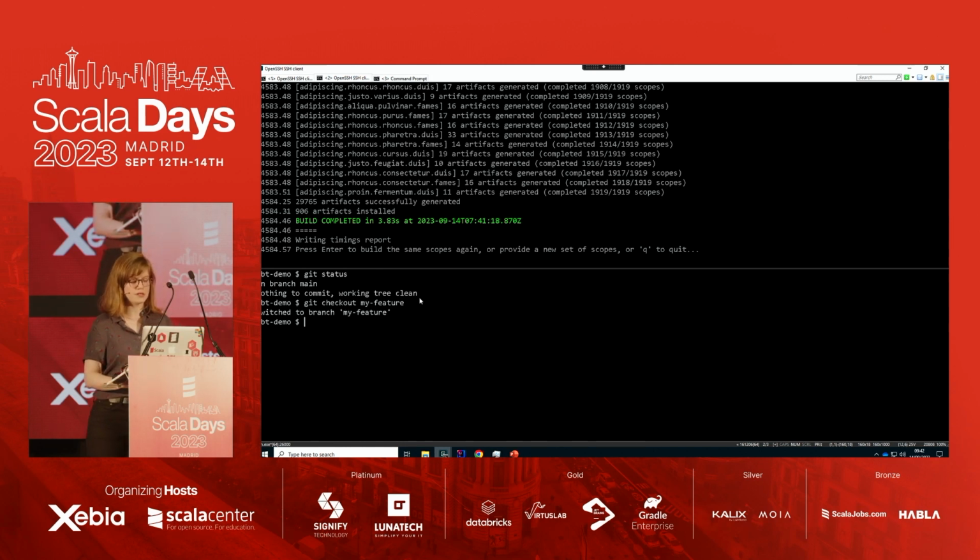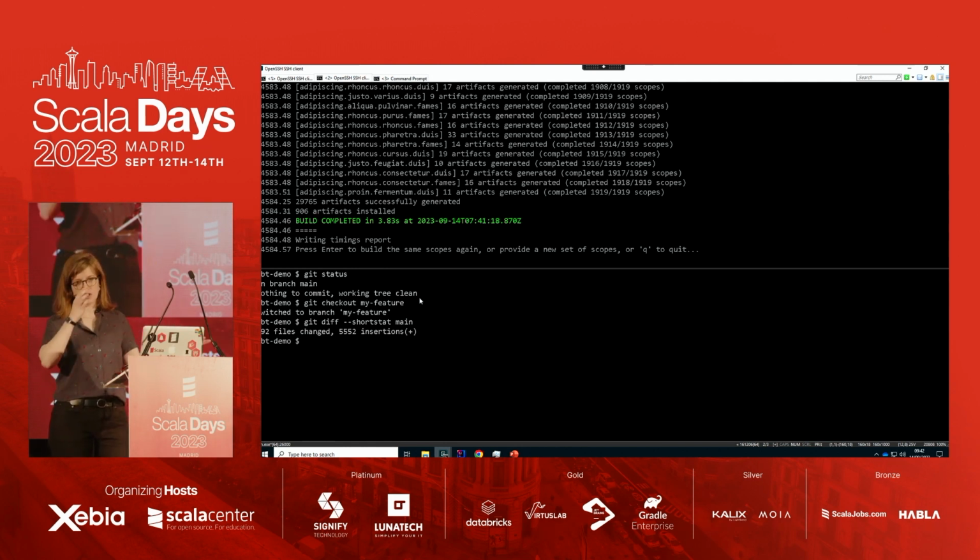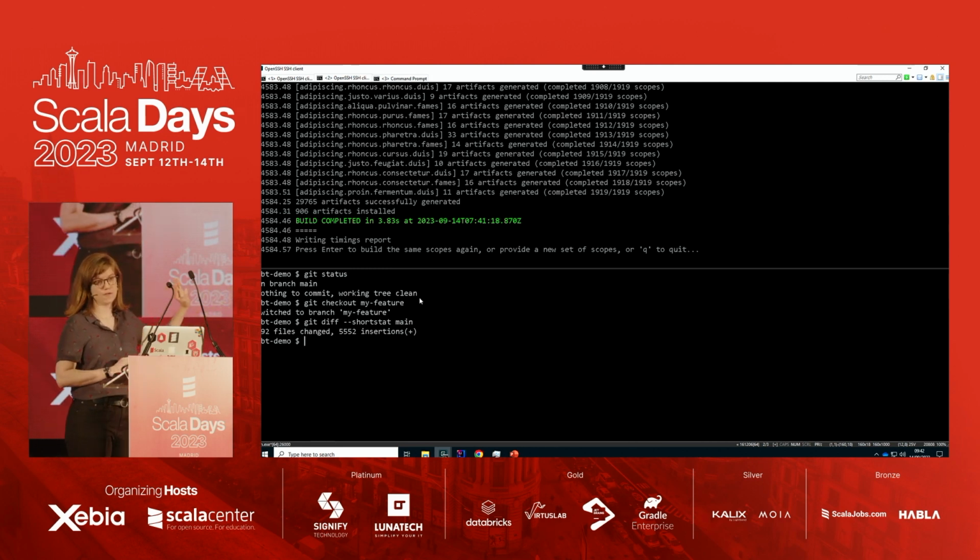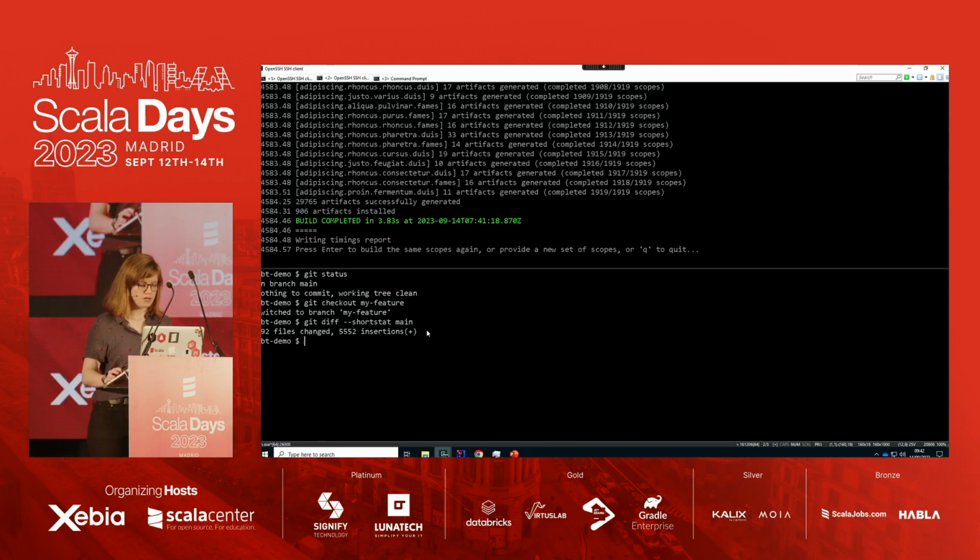And what we've done here is we've modeled a sample feature, kind of realistic. We're gonna see how many changes there are against main. We've changed 92 files, added a lot of code. And this is something that we have not compiled on here before. And so we're gonna see how it looks if we try to build that.